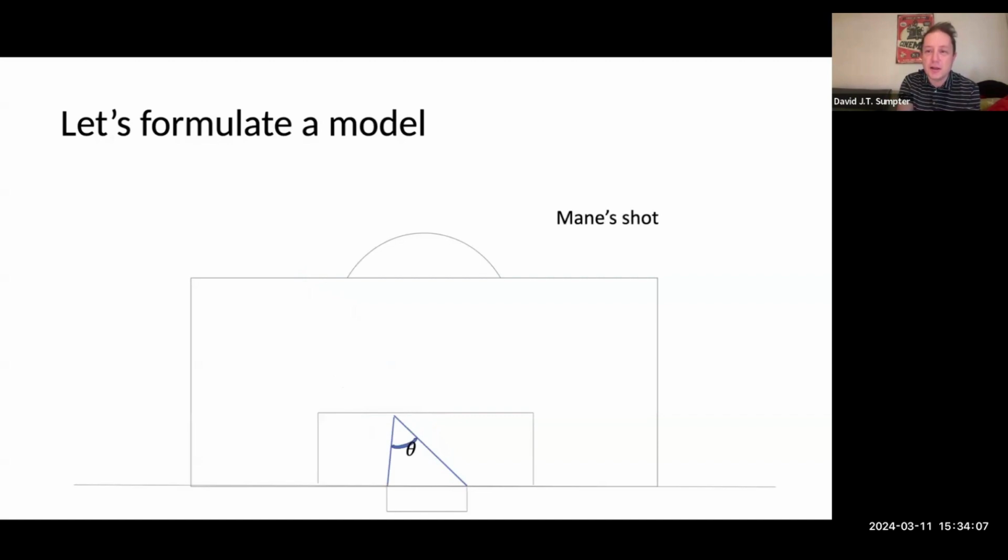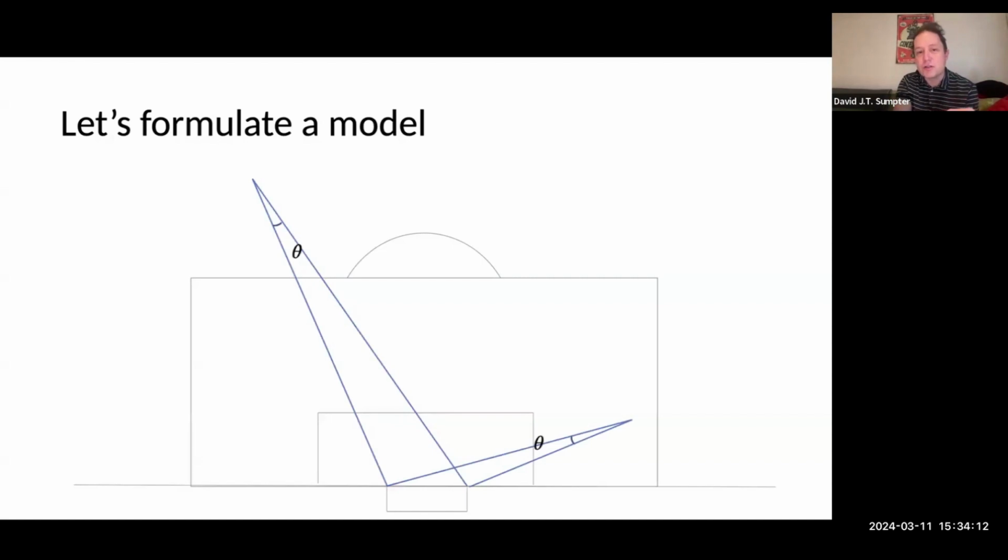Mané's shot, the second one on the right, has a very large angle. Now, two shots from different places on the pitch can have the same angle; in fact, there's a circle of infinitely many shots which have the same angle. And you can think of a long distance shot as very difficult to score, but if you're out at the edges and trying to score, it's also pretty difficult. So this reflects a reality: how much of the goal can you see?